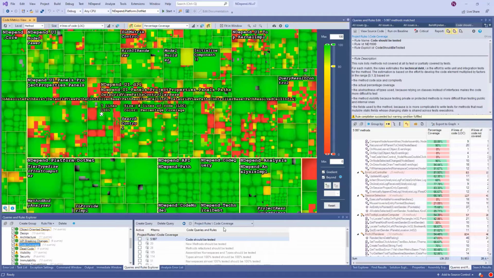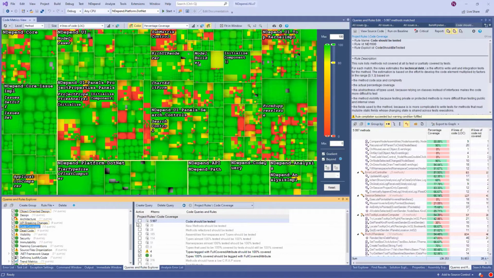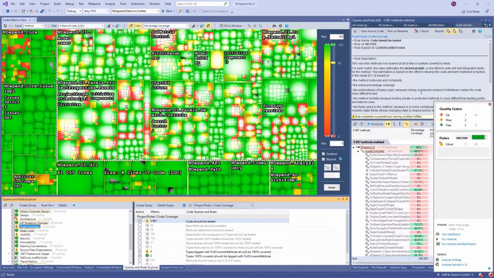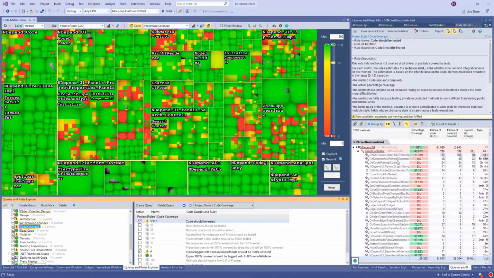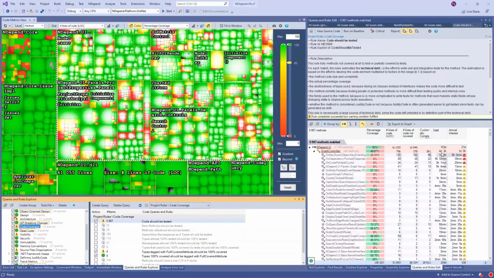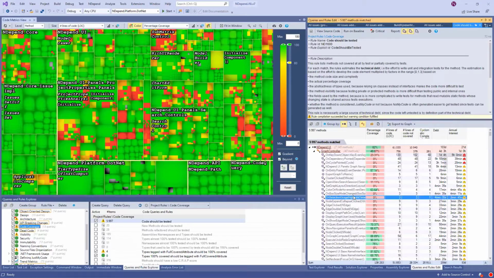And what's very interesting is that there are a lot of rules about code coverage. So for example, code should be tested. If I activate this rule, so rules are run again. And here NDepend is finding all the methods in NDepend itself that are not entirely covered. And even more interesting is that for all these methods, it's trying to compute technical debt in terms of developer time. So for example, it tells me that this one should take me 4 minutes, or this one should take me 5 hours. So it can be very different based on how large and how complex a method is.